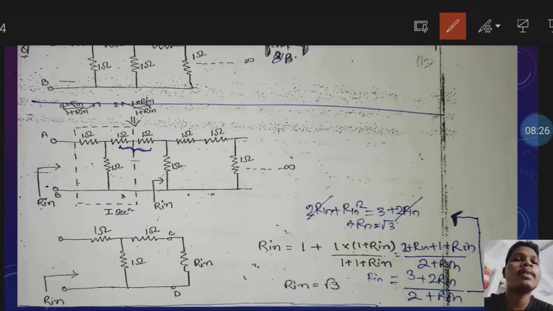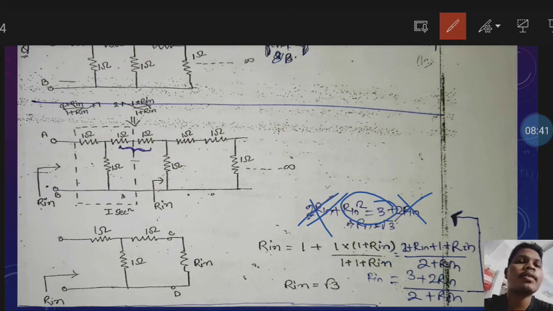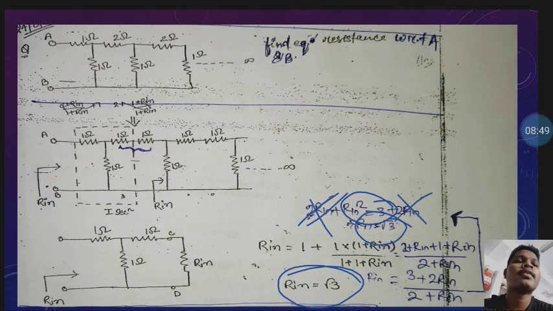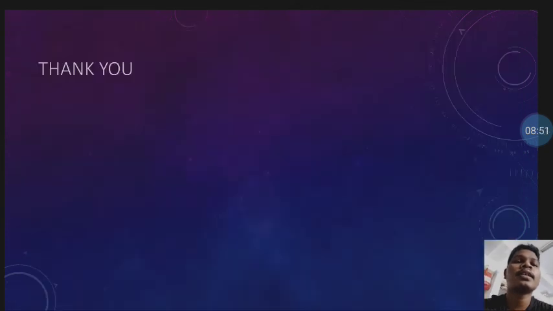So how will it be left? Because the 2 R_in at the right hand side and left hand side are the same, so we are cancelling each other. Okay, so here R_in square is equal to 3 will be left. So after taking the root of R_in square, we will get R_in is equal to √3. So this is our actual answer. So for today that's it. Thank you for watching.